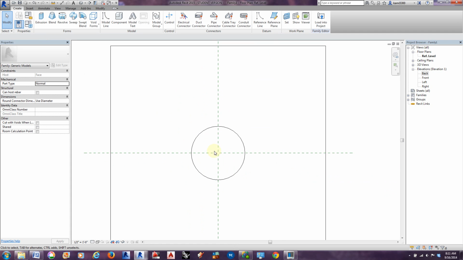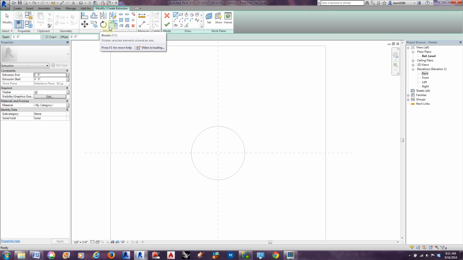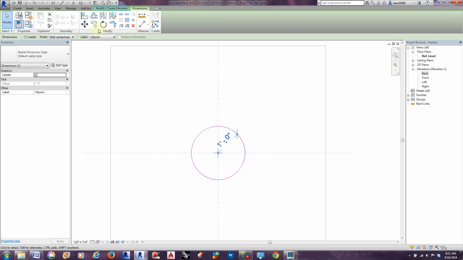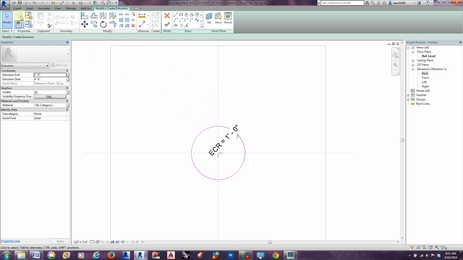So I'm going to open that view up and create another extrusion, and I'm going to match my same dimension here, and we're going to use that same end cap radius of 1 foot for that dimension,